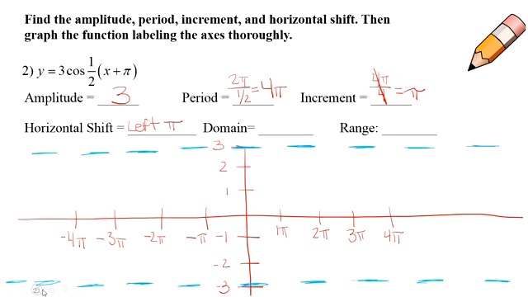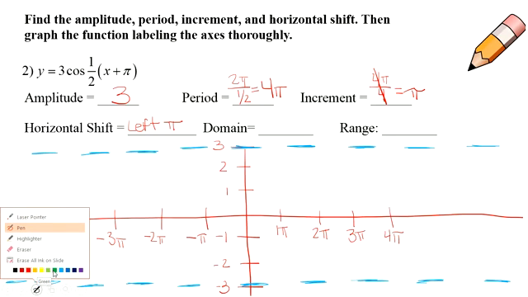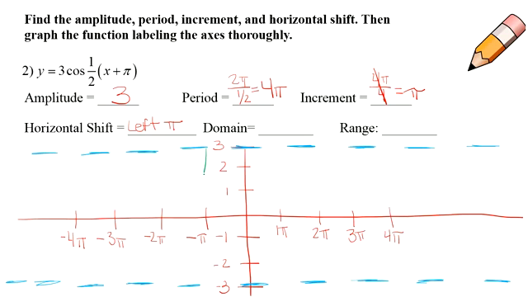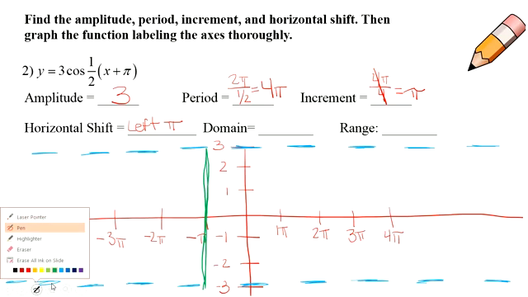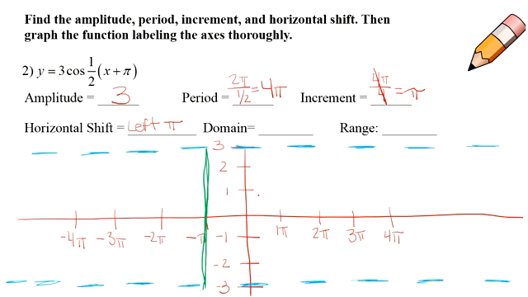Now it tells me I'm going to go left pi, so that is a -pi. So this is going to be my new starting line right here at this mark. So I'm going to mark that in right there. Now it is a cosine. So cosine, remember guys, starts all the way at the top,